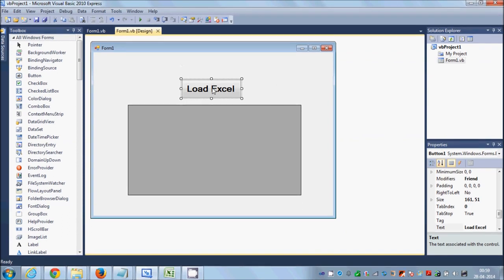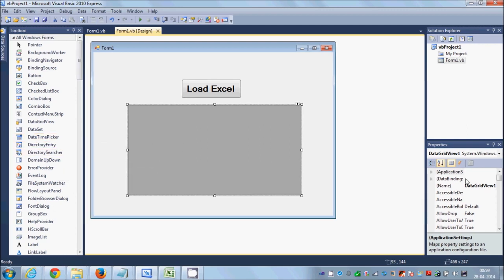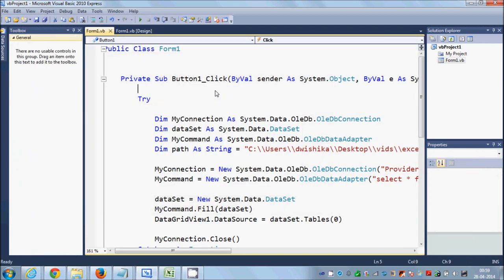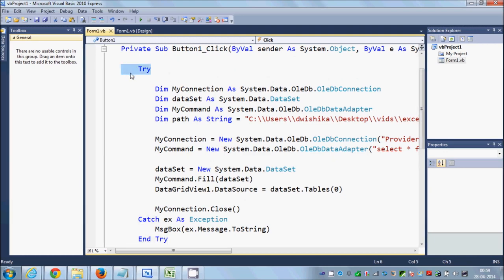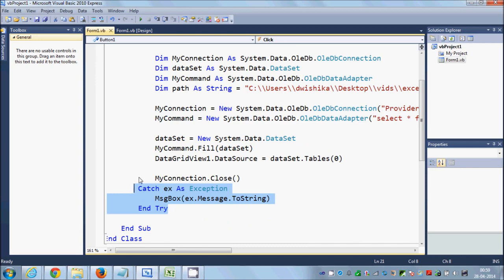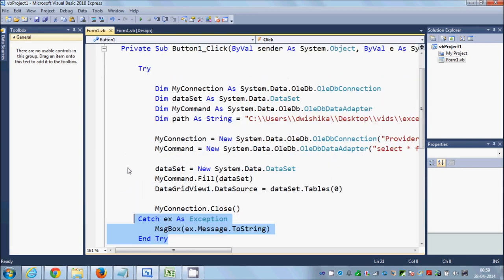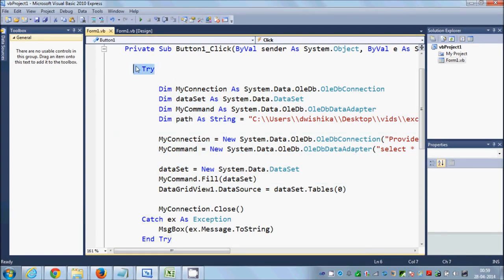First of all, just take a button from your toolbox and take a DataGridView. Okay, and the DataGridView name is DataGridView1. Now I will just double click this button, and first of all I have written a try catch block. So this will help us to catch any exception when executing this code. Okay, so just make a try catch block first,